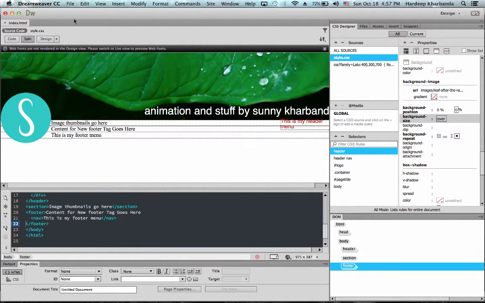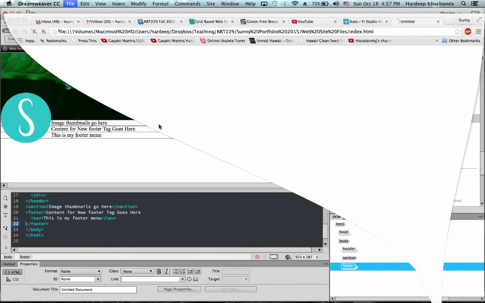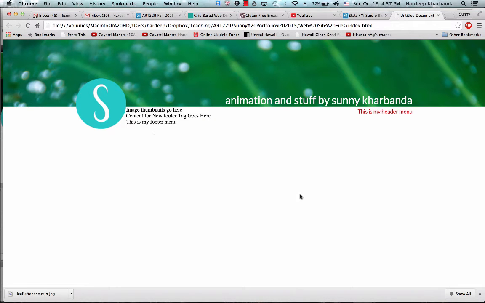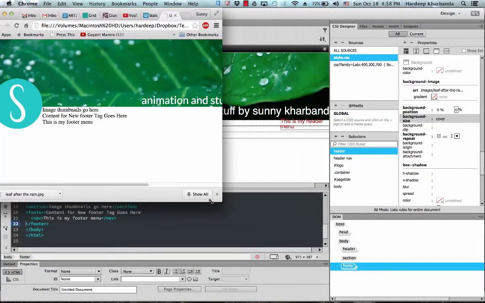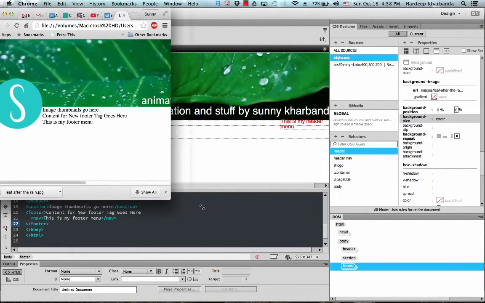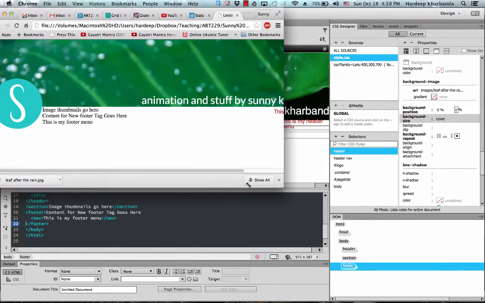I'm going to save all and preview. So now my background is covering my header, and as I resize my window, it automatically stretches to fit.